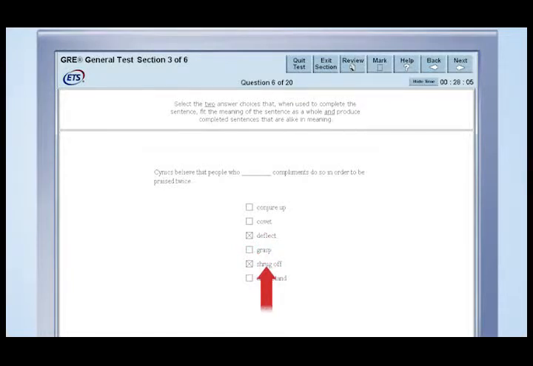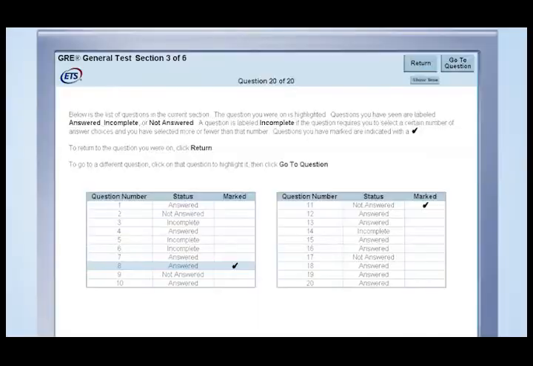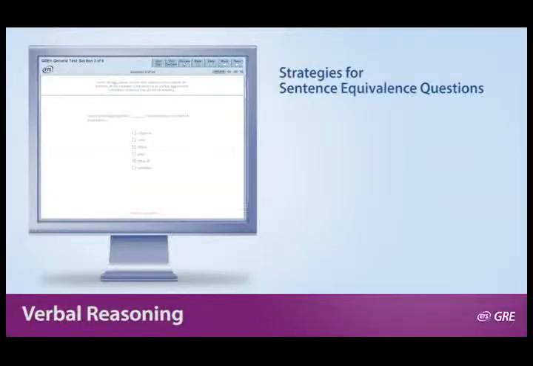If you change your mind and click on a different square, you will have to remove one of your previous answers. This type of question requires exactly two answers, no more, no less. Because the sentence equivalence questions require two answers, if you check only one answer, the review screen will list the question as incomplete. Strategies for answering sentence equivalence questions include identifying significant words or phrases,